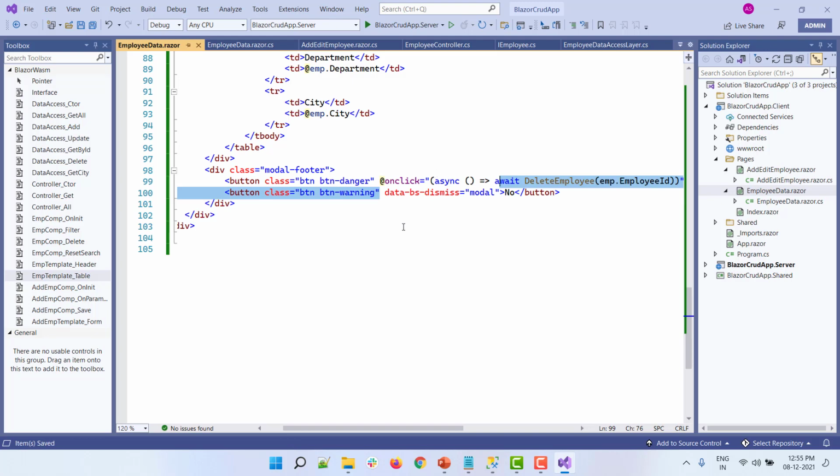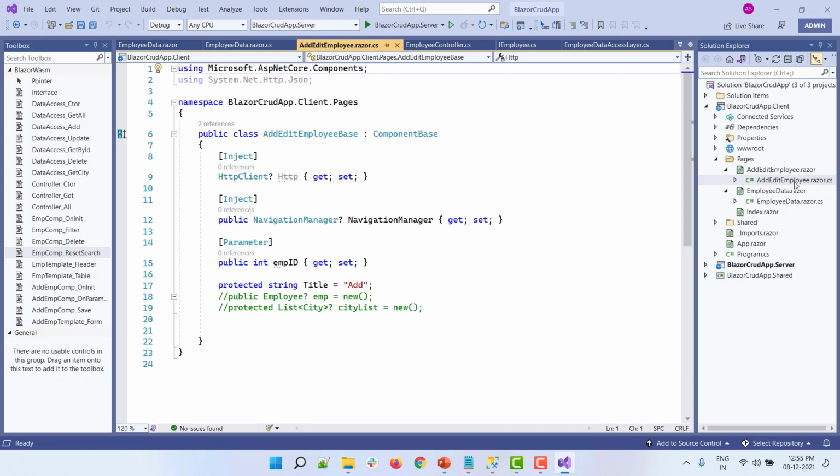Now we will move to the add edit employee component. Let me uncomment these two lines first.